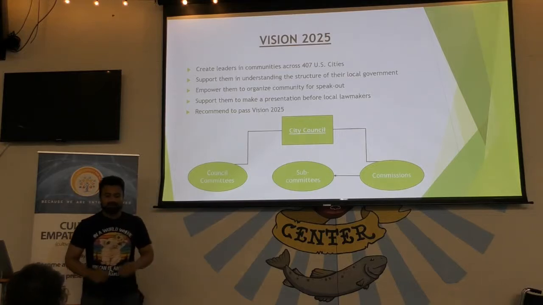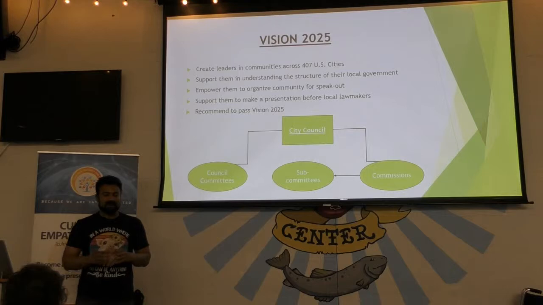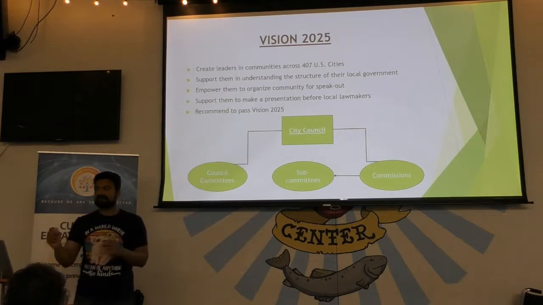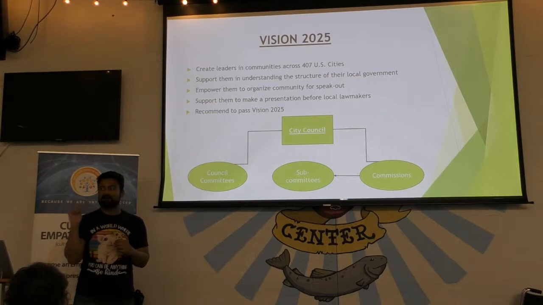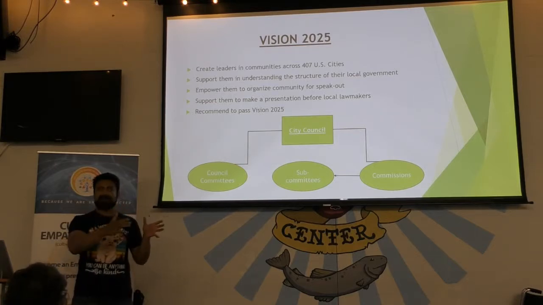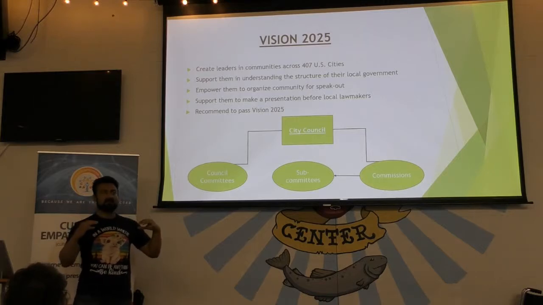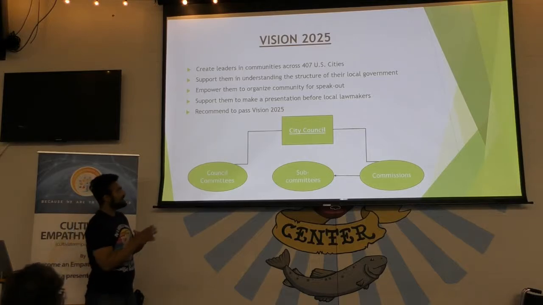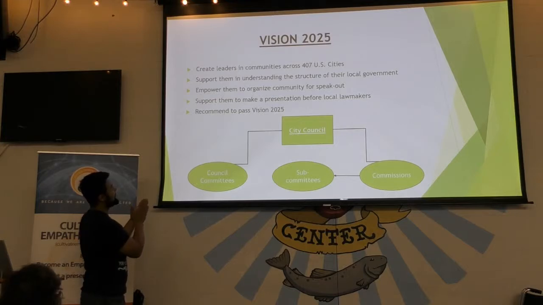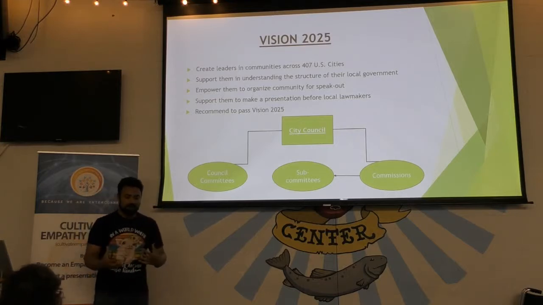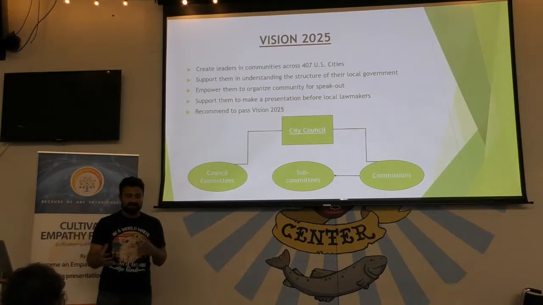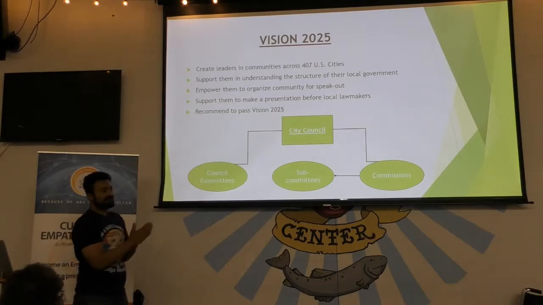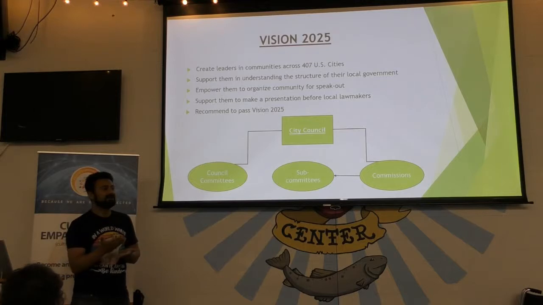In local government, in a city council, they often create a vision around the issue that they want to quickly address, and it's really a big issue in the community. Once they create that vision, they pass legislation related to the vision very quickly. That's why we are calling this project Vision 2025, because we want our city council to pass Vision 2025 to reduce the consumption of meat and dairy.